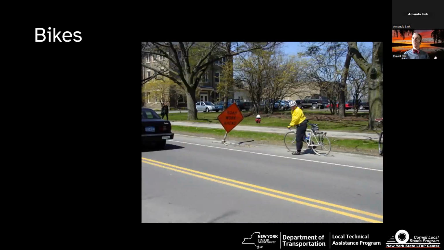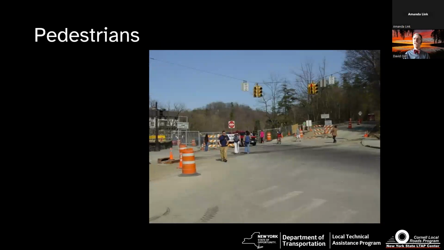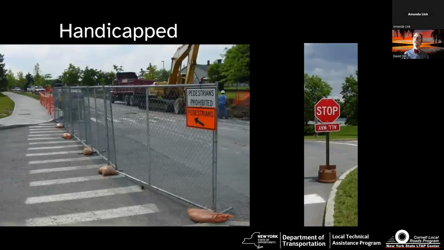Bicycles, more and more we're dealing with bicycles, so you need to know where they are, where they might be coming from, whether it's in a more urban area and you get a lot of bicyclists because they just are doing that around schools, or if you're in an area with Mennonites and Amish who bicycle, or people who travel long distance, think about the bikes. And of course, pedestrians are a unique animal all of their own. So that's something to keep in mind completely. In fact, pedestrians can drive you nuts because they do things which just don't make any sense. Okay. And don't of course forget about handicapped individuals. They may have their own unique concerns or needs, and they are part of the work zone as well.